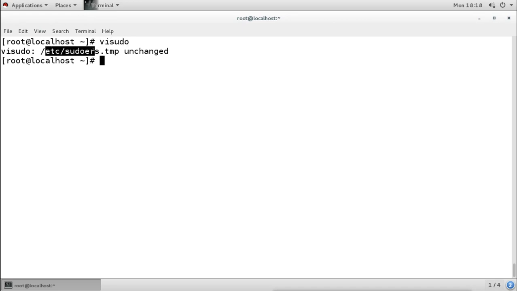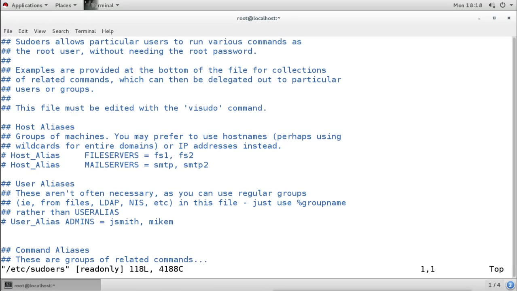So we can open it by using the vim command. Under etc, there is a file called sudoers. Sudoers means whatever the super user does, super user doers. So we open the file here, and now we can see it in colors. This is the same file which we opened with the visudo command.